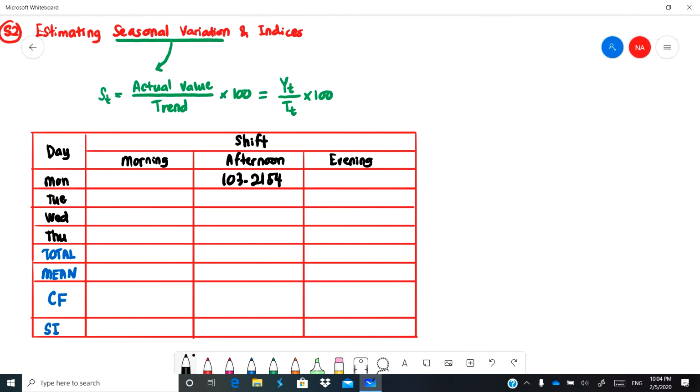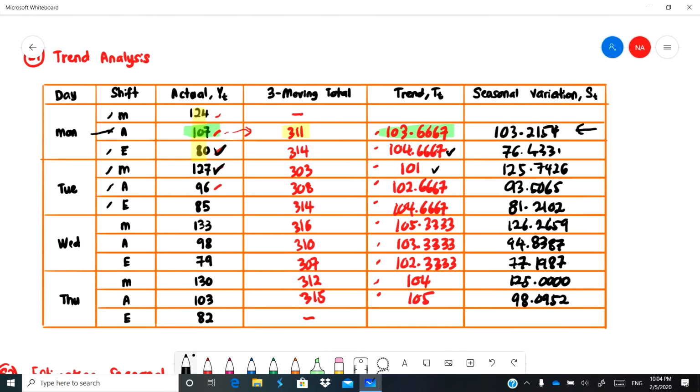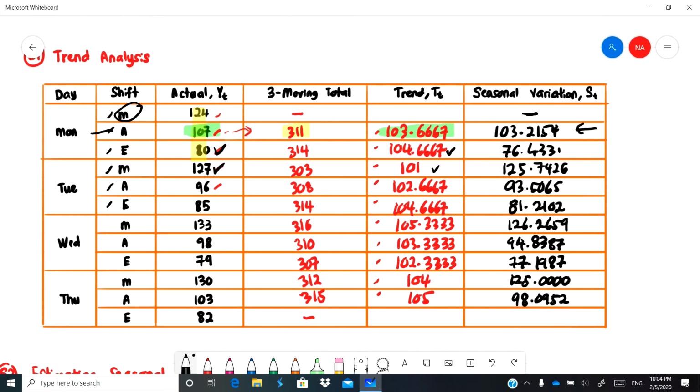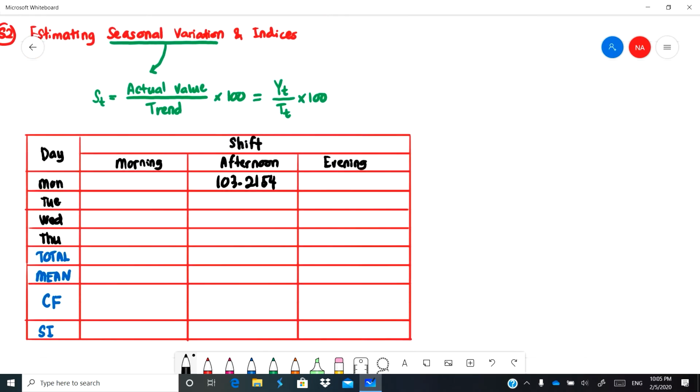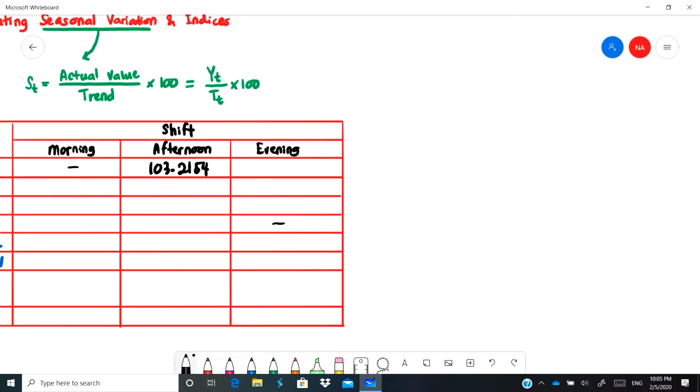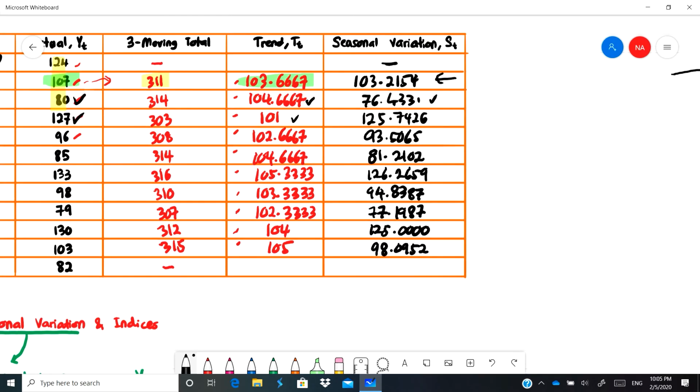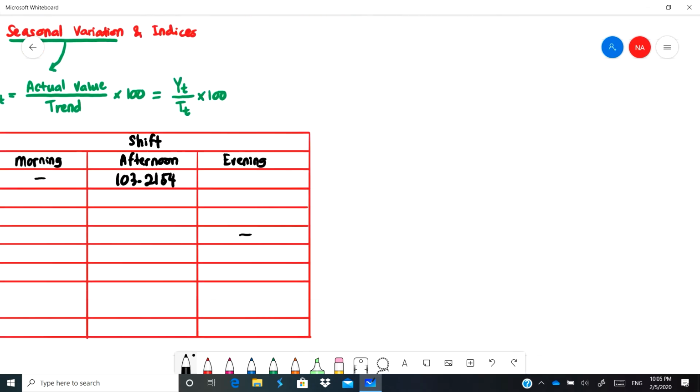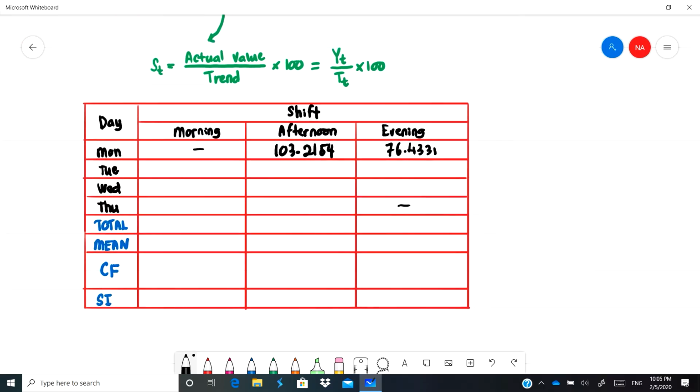103.2154. Why don't you start with morning? Because at the morning row, you don't have any data. So that one, we have no data. The same goes for Thursday evening. You fill up with the next value, which is 76.4331. The next one, please copy from the previous table,